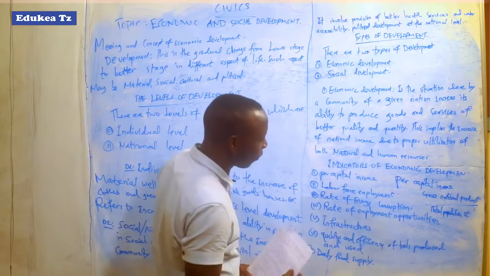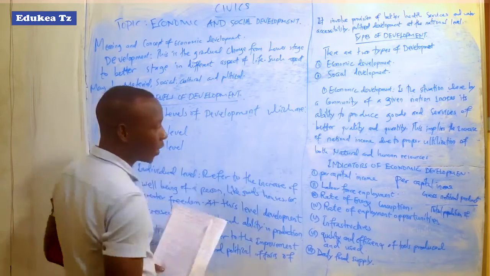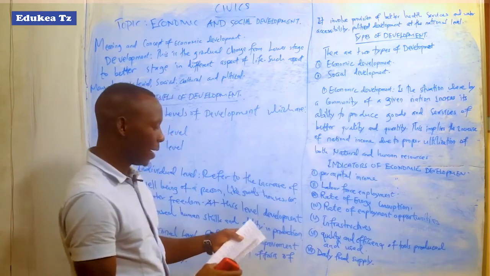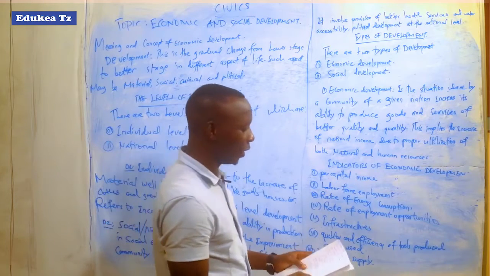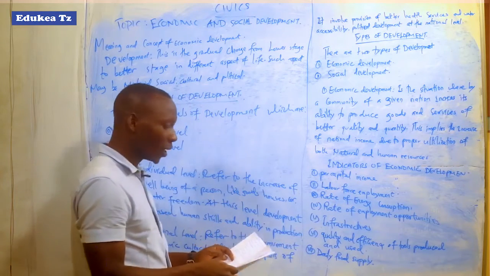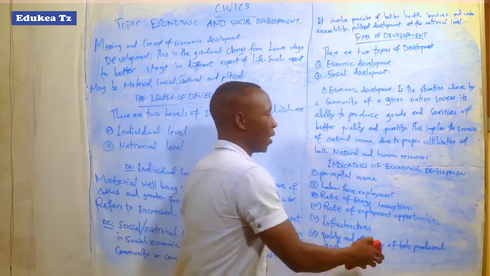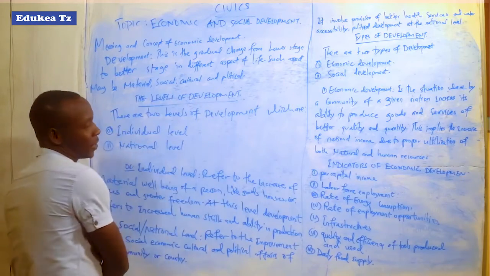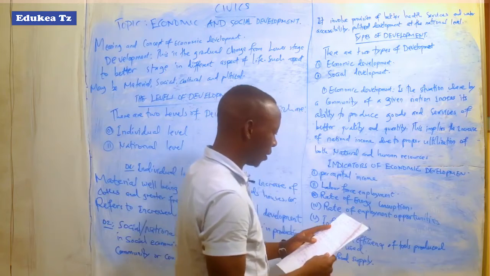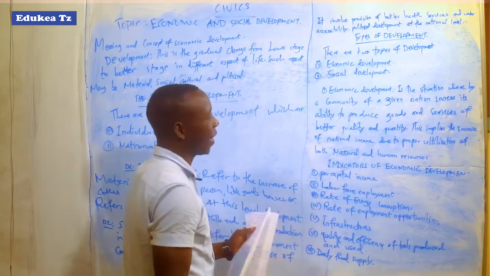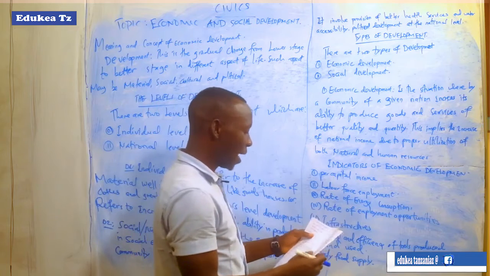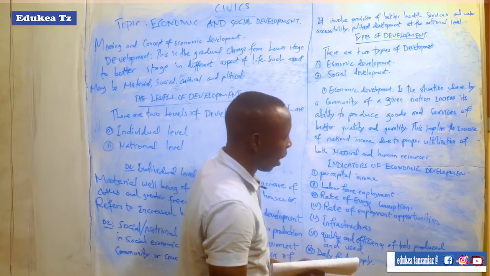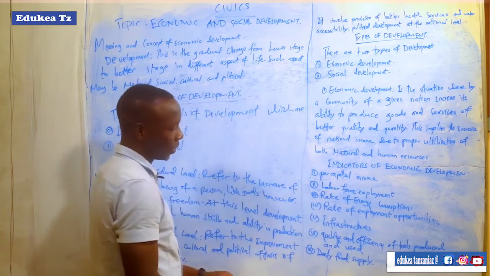The second indicator of economic development is labor force employment in agriculture. In a developing country like Tanzania, the number of people involved in agriculture is higher, while in a developed country the number is low due to the application of modern farming methods. So the labor force employment in agriculture